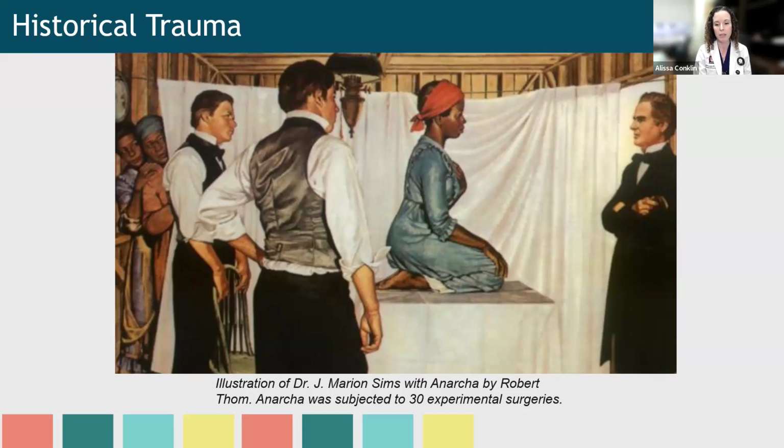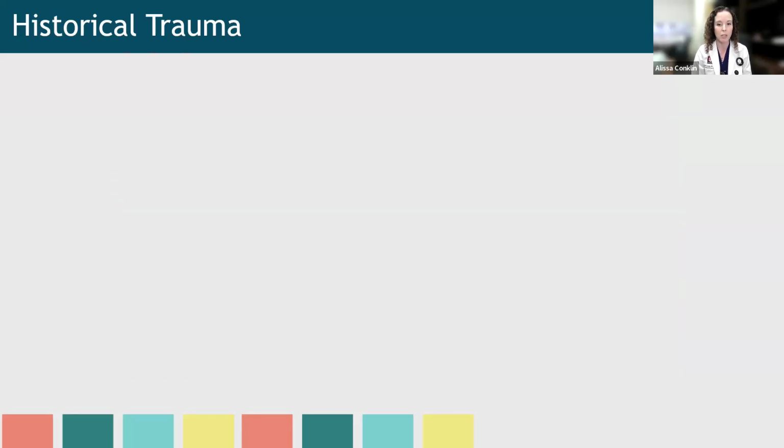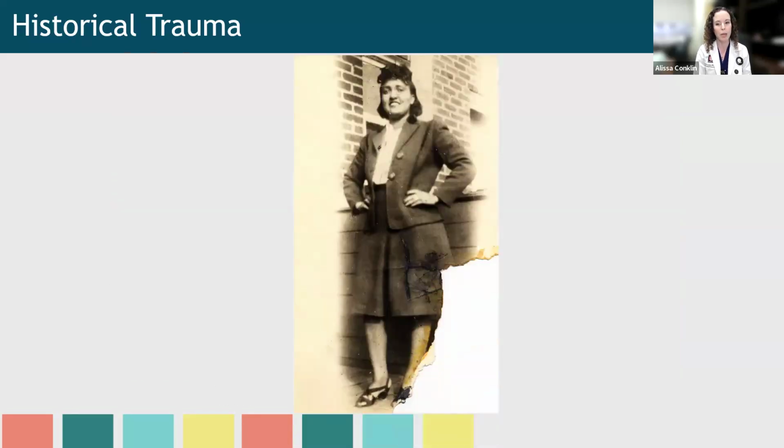It's well documented in the literature, even now, that Black people receive statistically less pain medication than white people do during hospitalizations and even after surgeries. This legacy of violence and historical and intergenerational trauma continues in our society, truly with more examples than we can count. From Henrietta Lacks, a Black woman who had her cells taken during cancer treatment in the 1950s without her knowledge or consent or compensation for use in medical research, the famous HeLa cell line that is still used today